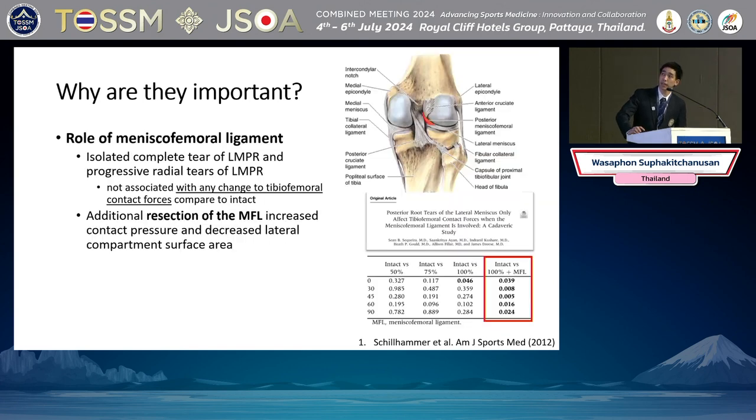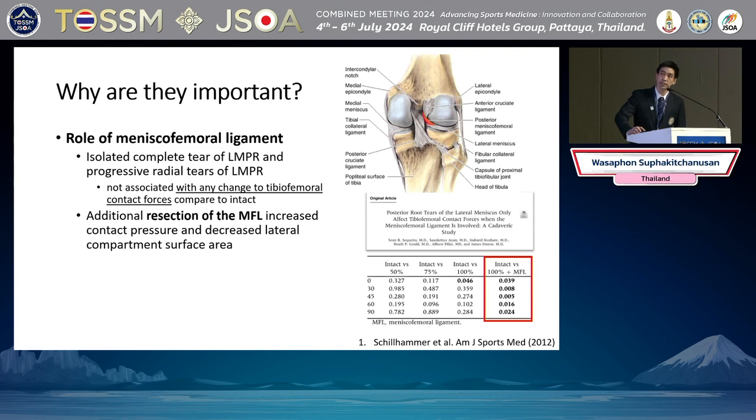In terms of biomechanics of the lateral meniscus posterior root, another structure to consider is the meniscofemoral ligaments, which are present only on the lateral side, and play a crucial role in lateral meniscus stability. A study by Schillhammer showed that isolated complete tear of the lateral meniscus posterior root and progressive radial tear of the lateral meniscus posterior root are not associated with a change of tibiofemoral contact pressure force compared with the intact knee. However, additional resection of the meniscofemoral ligament can increase the contact pressure and decrease the lateral compartment surface area, underscoring